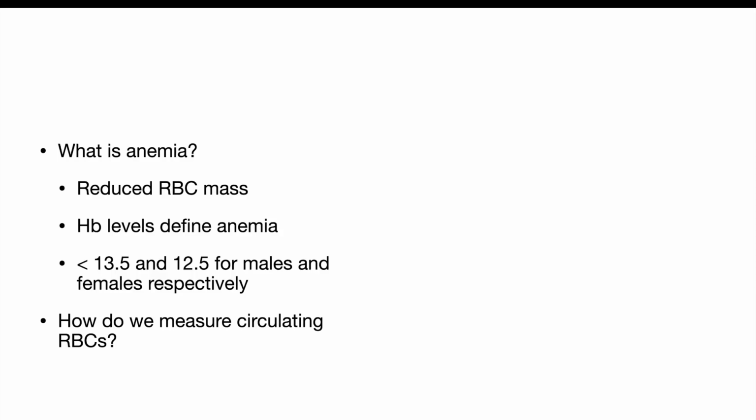And so how do we measure circulating red blood cells? We already talked about hemoglobin. It's very difficult to measure circulating red blood cells themselves, so we use different markers such as hemoglobin, but some other ones are hematocrit and red blood cell count. But you may be asking yourself, okay, why do we use hemoglobin? Well, hemoglobin is essentially something that is inside your red blood cells, and their job is to carry oxygen within